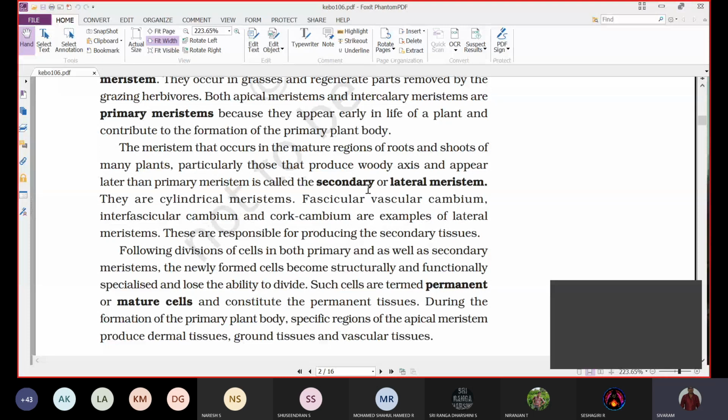And it occurs in the later period of the plant, in which the plants will produce a woody axis, that is strong stems and strong roots, which are very thick and hard, not in the plants with weak stems